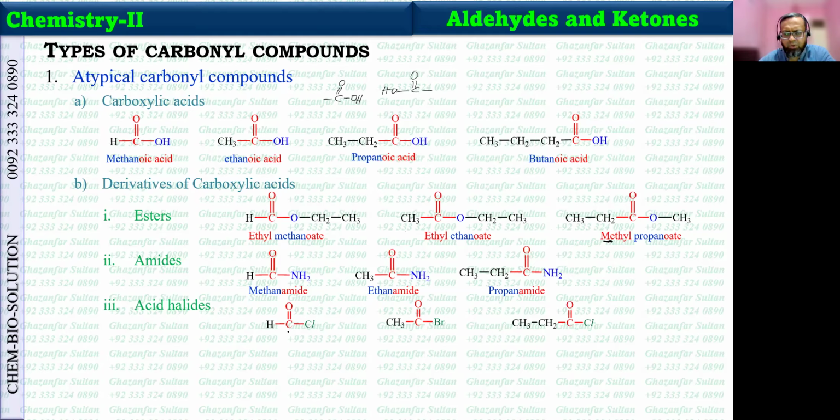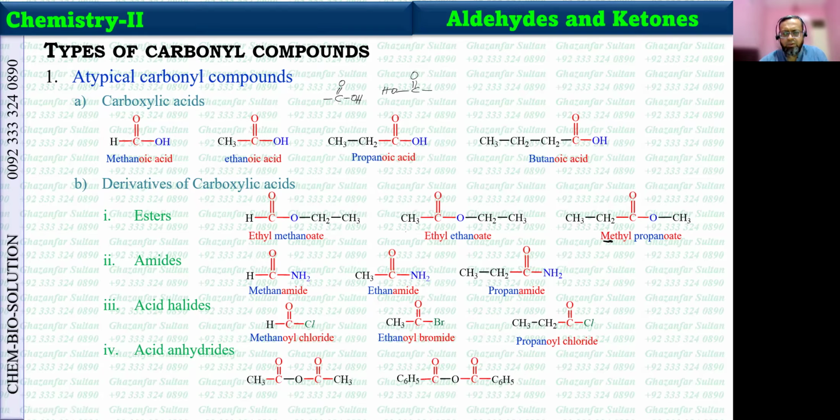So this is methanoyl chloride. Oyl chloride is the suffix, and there must be a gap between them. So methanoyl chloride, ethanoyl bromide, and propanoyl chloride. Acid anhydride is also another derivative of the carboxylic acid. So you can see here these acid